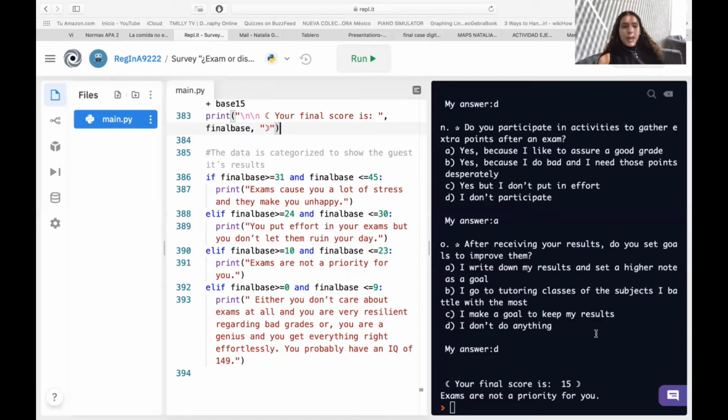So what we just saw in this whole code is that we use conditionals, loops, and variables to save the information to give a final range of information depending on the answers of the user. Coding was made with the program Replit. I think the poll system could improve in the sense that